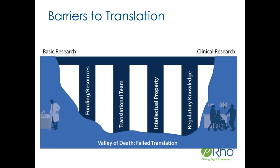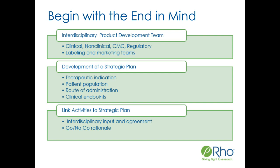And that includes funding, of course, and then pulling together the right translational team, having intellectual property, and having the appropriate regulatory knowledge in your team. Next slide, please. Putting together an integrated development program is really essential to map this out at the beginning, once you have a candidate selected, and even before that. It's important to begin with the end in mind,